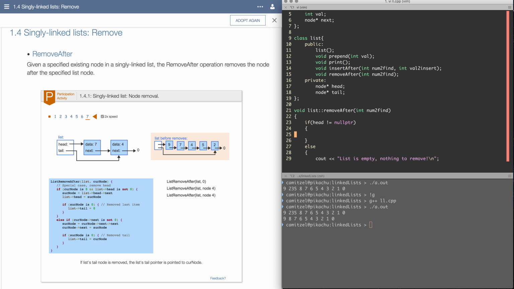Okay, so in the case that the list is not empty, now what we want to do is first start checking for our special cases, right? A couple of our special cases may be if the number we are trying to find is actually the last node in the list, because if the number we're searching for is the last node in the list, then there's obviously nothing after it to delete, right? So one check we can do is if tail arrow val is equal to num to find,